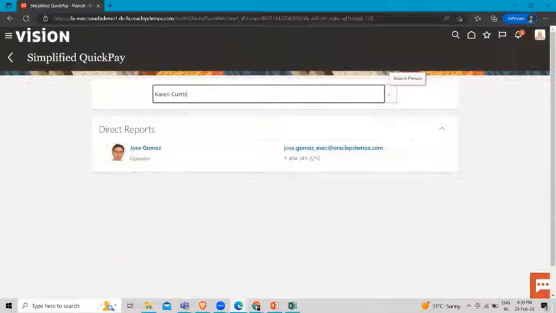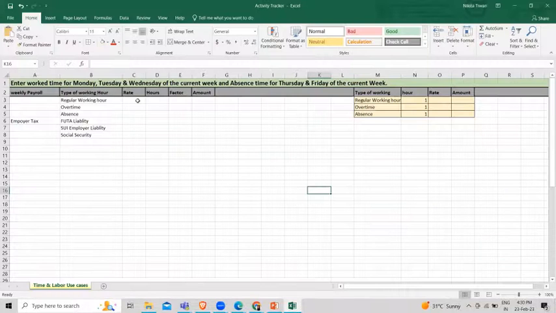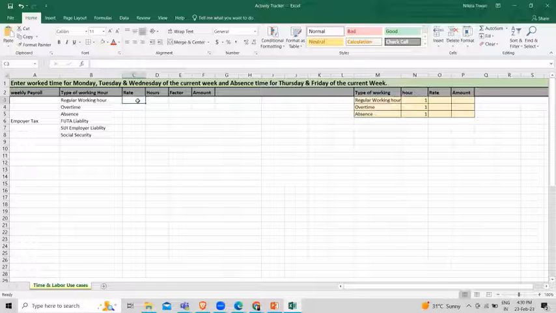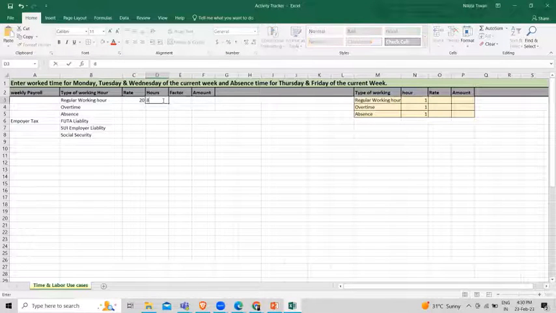So while it's loading, here we can see the per hour rate for this employee is 20 per hour, right? So here, if I enter the per hour rate as 20 and the employee is working for 8 hours, okay,